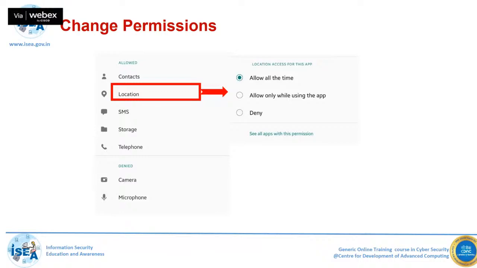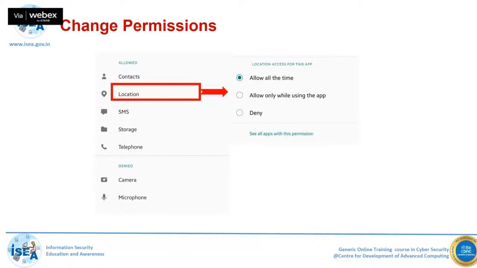Because you may have hundreds of mobile applications on your mobile phone, right? How many are you using? Hardly 4 to 5 mobile applications in a day. But what happens with the remaining ones? All the other mobile applications are just observing and reading your data. To stop that, you have to deny.